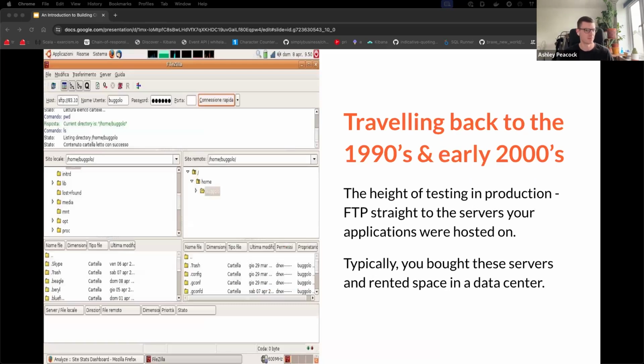So a bit of a history lesson, going back about 20 years to when I started tinkering with applications when I was about 13. So now you get my age. When I started out, I learned PHP, which is still incredibly popular today. Effectively, you would write the code on your device. You would upload it using something like you can see on the left, which is FileZilla, a really popular FTP client. And I imagine some of you haven't even used an FTP client because I think it's not very popular anymore, but it effectively allows you to transfer files from one location to another.